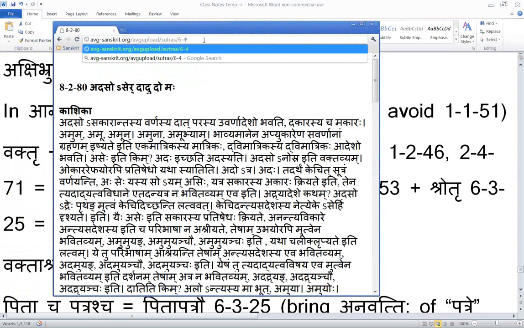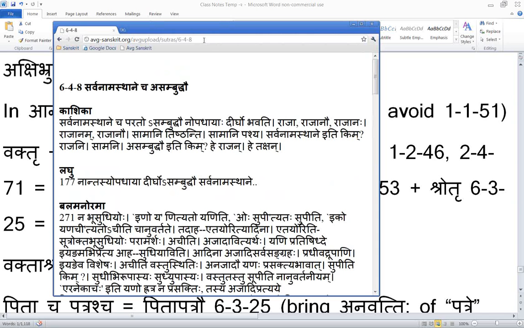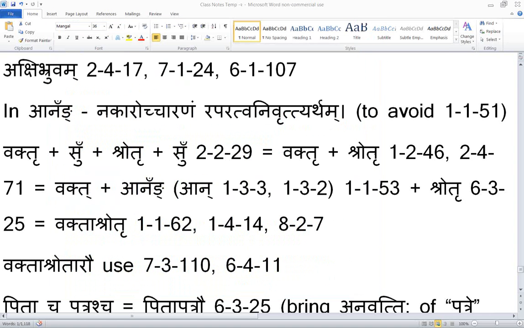Always check the vritti. Good example, good question. So Vasu was asking why we are using the Aptrishtan when we did the Vakta Shrotaro, and why not Sarvanamasthane Cha Sambuddha. Because it says Nantasya Upadari Bhavati, we cannot use that, because after doing Guna we have the Rukaranta, Rephanta. Alright. So coming back to the Charte Dvandvaha, we can see that we can take more than two